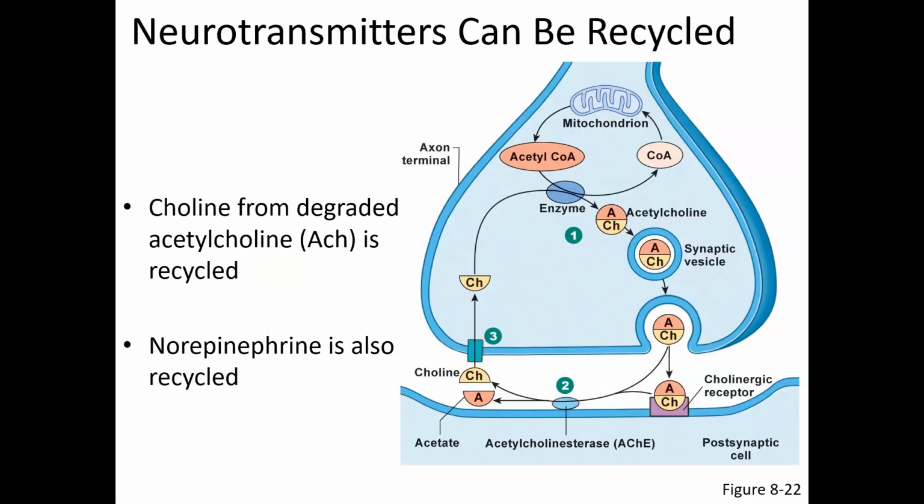The other thing to remember is that neurotransmitters can often be recycled. One of the most common neurotransmitters in the human body, in fact it is the most common, is acetylcholine. Acetylcholine is made fairly easily within the cell. If you take acetyl coenzyme A, which we saw in metabolism, we can make it a various number of ways. We can make it from glucose, we can make it from lipids, we can make it from proteins by converting them into